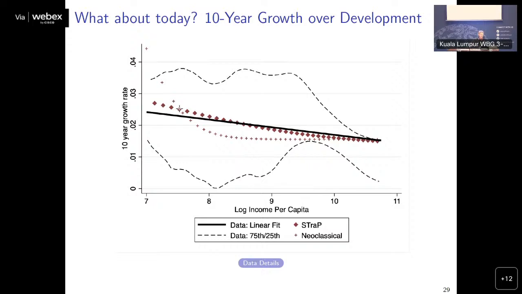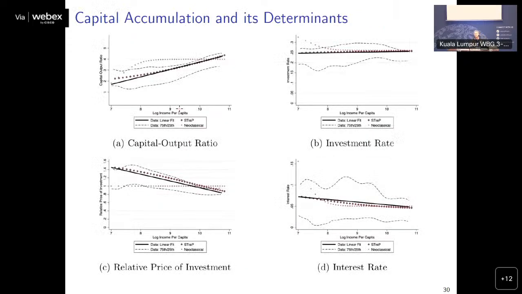Okay. Next, let's think about the capital accumulation stuff. Remember, there's Baumol's disease, which is dominating, but there's also this prediction that the capital stock ought to be increasing, investment rates, et cetera. This is capital accumulation in the data and in the medium-term dynamics of the model, and they line up fairly well. By the way, all of this is out of sample. I haven't calibrated to anything. I just took the US model, and then I should say the level is calibrated. But the trend, that's all out of sample.